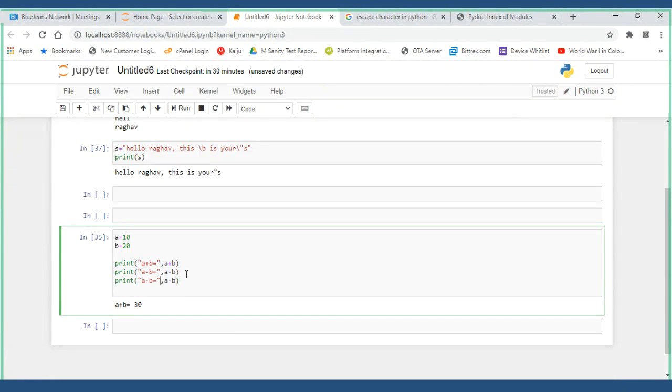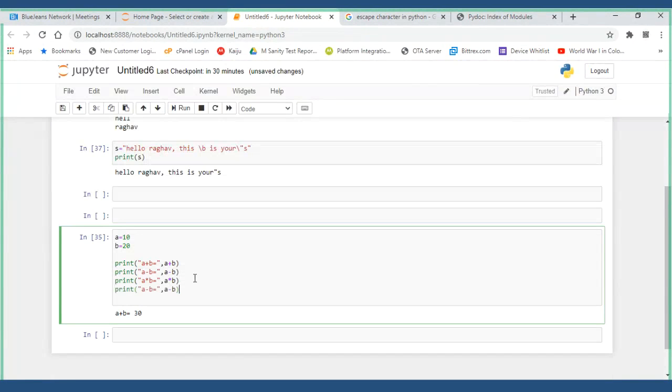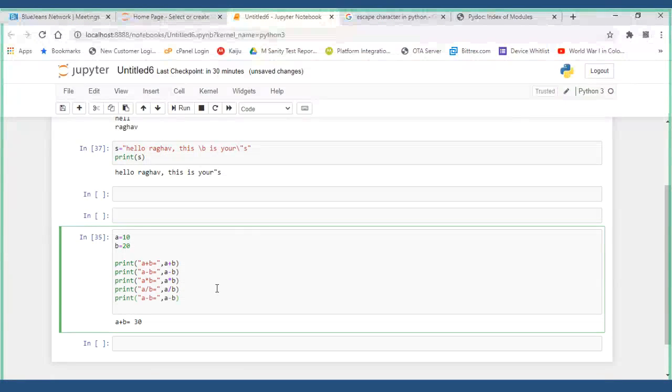So multiplication. And the same thing I would like to go ahead with for division. This is the division operator. Same thing I would like to go ahead with for all the operators.